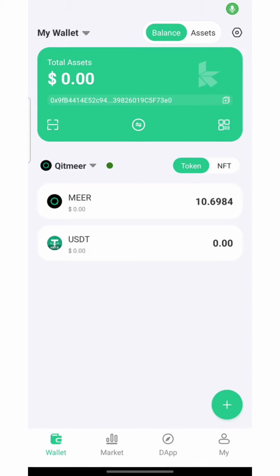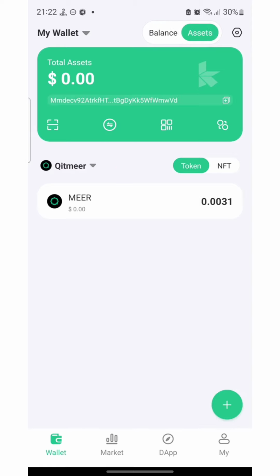Now I am telling you one point: this is the page for the Qitmeer network, and here you can see the USDT and Qitmeer mainnet. Now you may find one problem: when you deposit your Qitmeer mainnet from Jubi exchange, the token will be added in the assets section. Then you need to transfer your Qitmeer mainnet token to the QNG network. To do so, you need to click here,